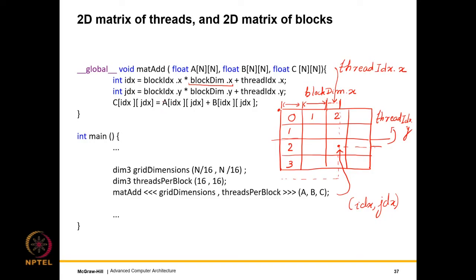And so what we are doing now is that we simply take the components of A and we take the components of B, and we add them. And the moment we add them, we get the equivalent component of C. All right. So this is CUDA programming in all of its glory. Of course, here we have considered a 2D matrix of threads and a 2D matrix of blocks. So we could always make it 3D and 3D. This would become slightly complicated, but to a certain extent, that's okay, right?